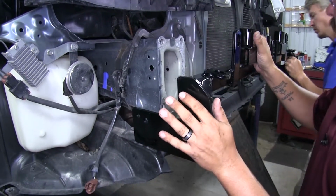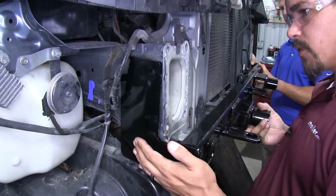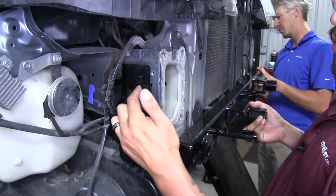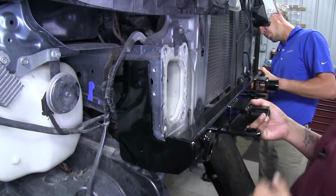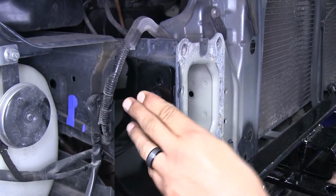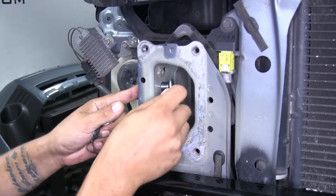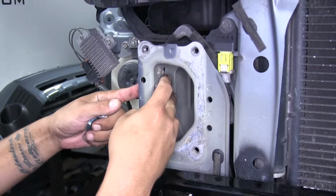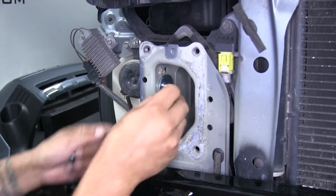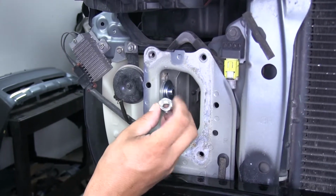So we'll slide it in, and then we're going to rotate it up to where it levels out. Then we're going to line up the large hole with the hole that we drilled. We can take that 1/2 inch bolt, we're going to go through our base plate and into the frame. We're going to follow the bolt with a flat washer, and then a 1/2 inch lock washer, and then finally we're going to secure it down with a 1/2 inch